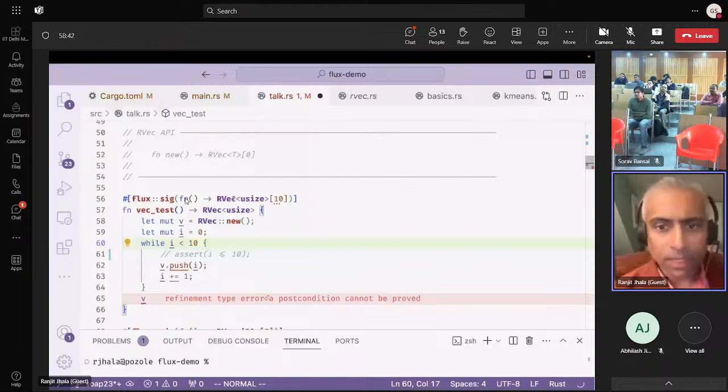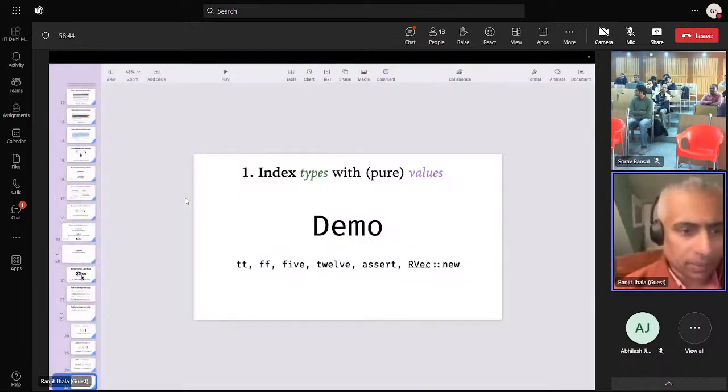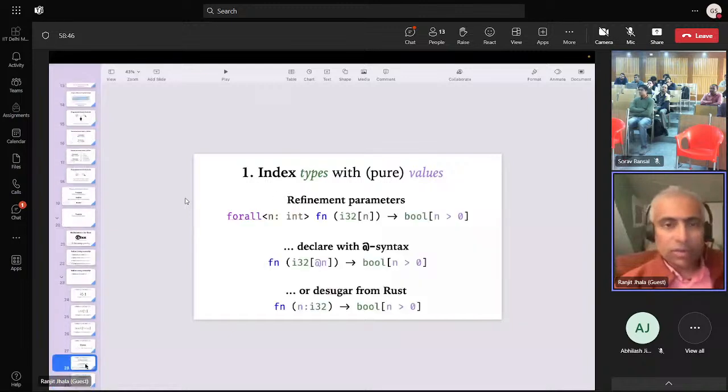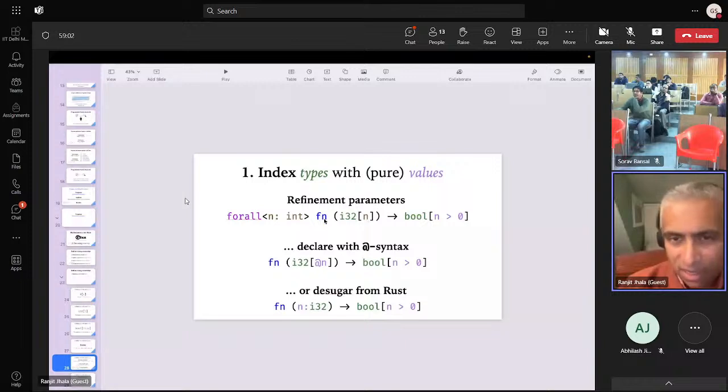Okay, so let's keep going with this. Next, it's fine to just have hardwired constants like 0, 5, and 10, but it's more interesting to start having functions where these indices can themselves be parameters. For example, I want to write a signature for a function that takes as input a number, an I32, and returns true or false,